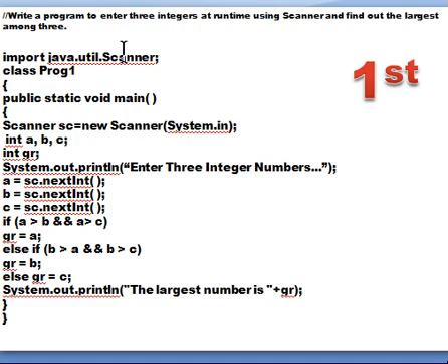Remember, Java is case sensitive. If you make an error in writing lowercase and uppercase, then there will be a problem and the program will not be compiled properly. After this import statement, once the Scanner class is included, we declare the class name, an appropriate name for the same. Because this is the first program, I have written it as prog1, that means program number 1. We start with the body of the class, wherein I am declaring the main method. It is public static void main, and the body of the main method starts.